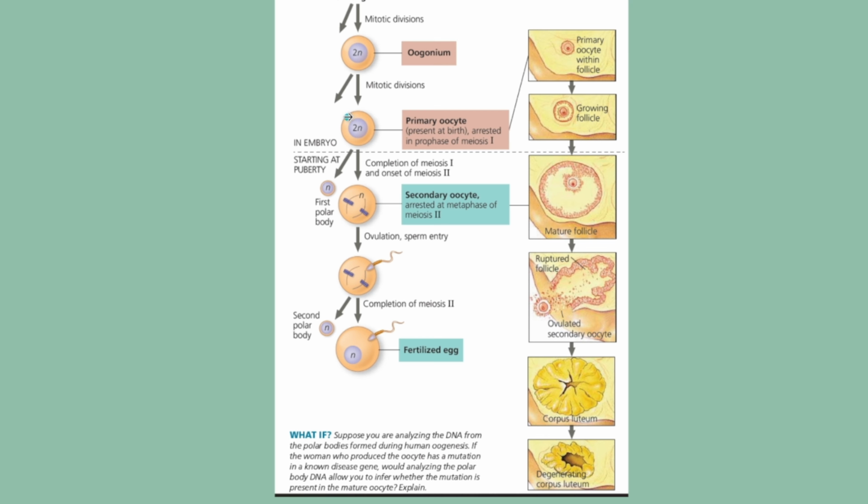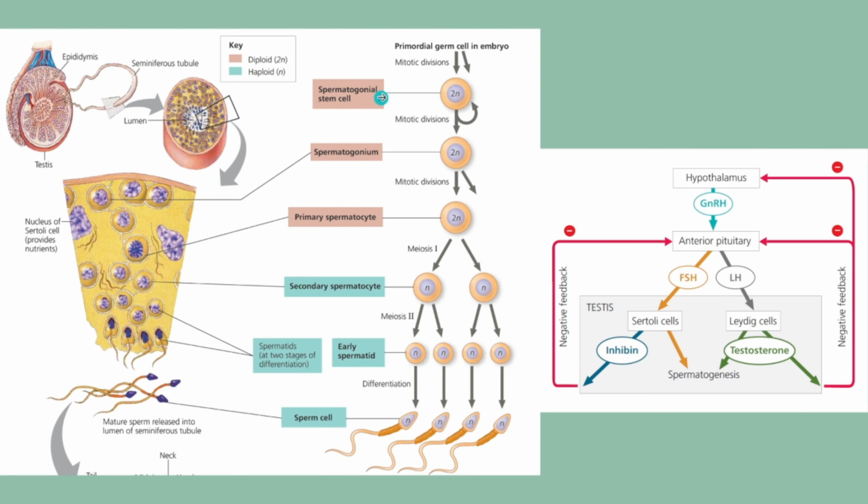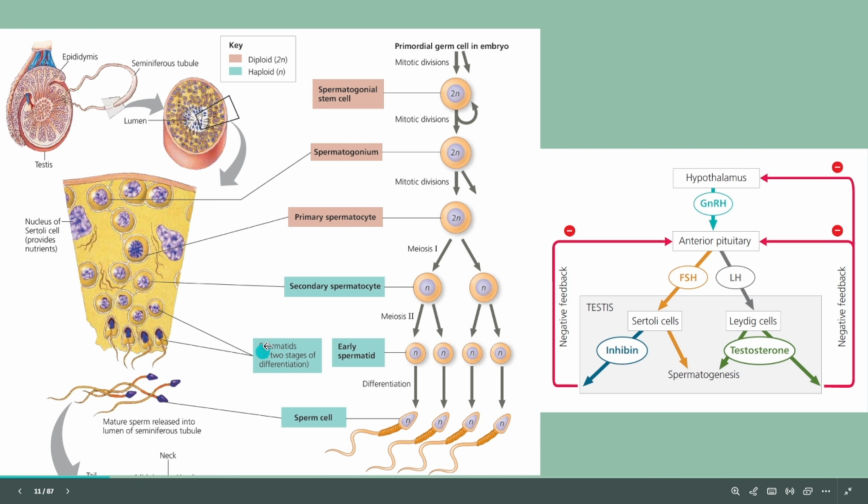So different from spermatogenesis, the formation of the spermatocyte and spermatogonium is not happening in the embryo stage. That happens when the male reaches the puberty stage. In the embryo stage it only happens here: the primordial germ cell in the embryo undergoes mitosis to form the spermatogonial stem cell. Only happening here. After the spermatogonial stem cell, all this process happens when the male reaches